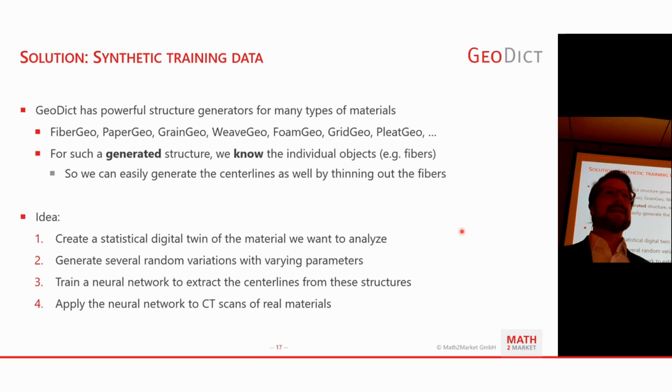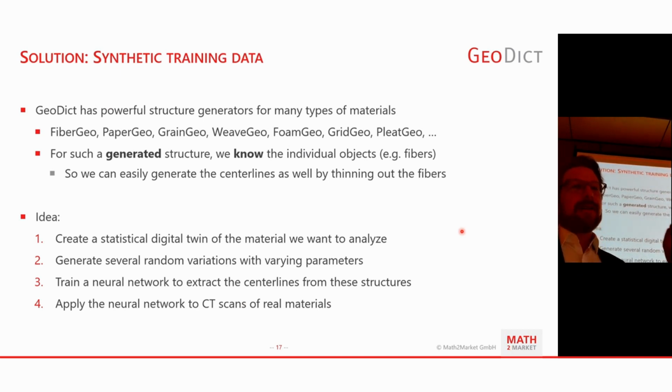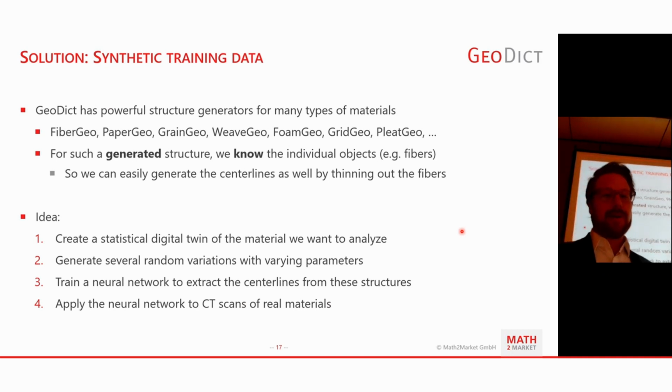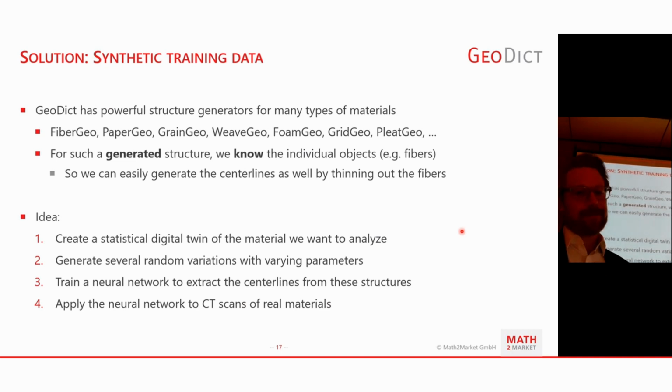Essentially, what we do is basically we take the analytical fiber, we make a synthetic fiber which has a diameter of, I think, square root of 3 or something in a green color, and render that on top of the original structure. That's what we do. When we have the analytical representation, the GeoDict information, it's basically trivial with GeoDict to do. And that's what we're doing in GeoDict AI. If you are training for fibers, if you're training for another application, I will show you later how that works.